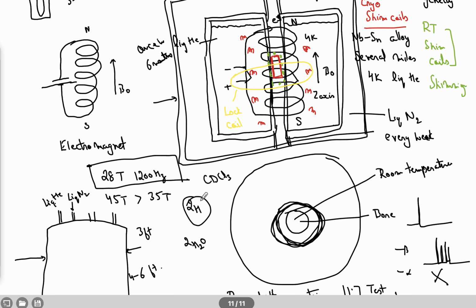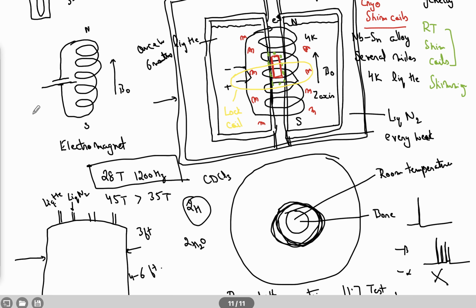Because deuterium frequency does not interfere with any of the frequencies which you are measuring. For example, if you are measuring proton or carbon in your molecule, deuterium does not interfere because its gamma value is very different. So that's why we use deuterium here. It has an internal mechanism of measuring the deuterium signal, and then checking if the deuterium signal is drifting apart from its theoretical value of frequency, then that much amount of current is supplied to this lock coil so that the frequency is shifted back.